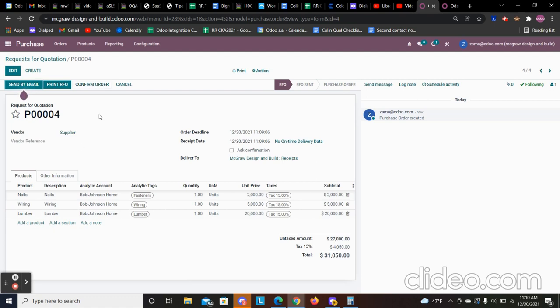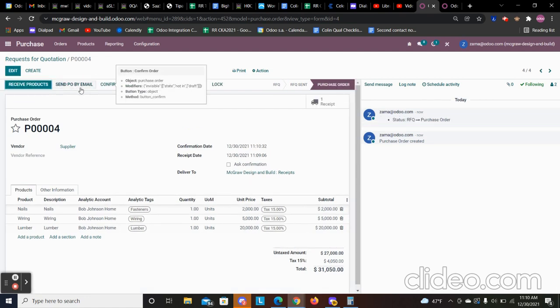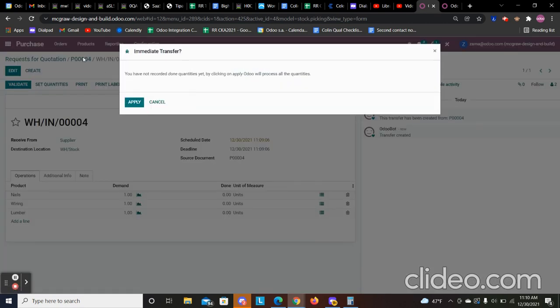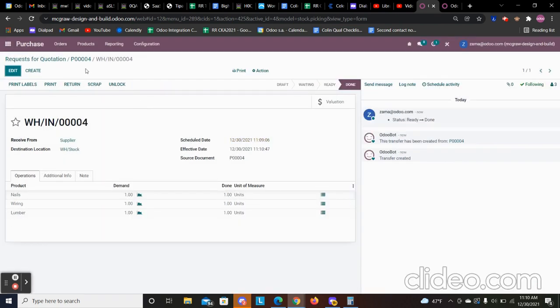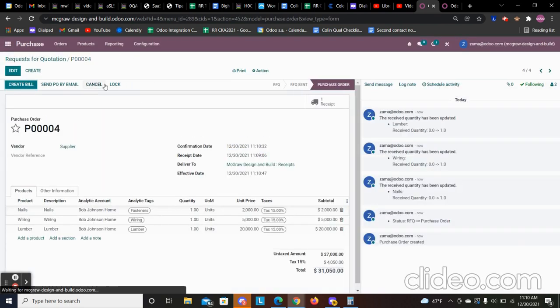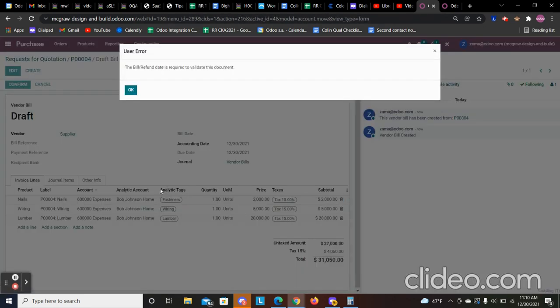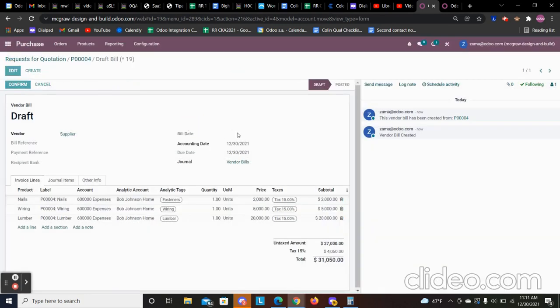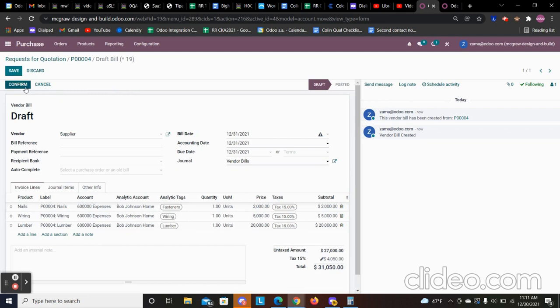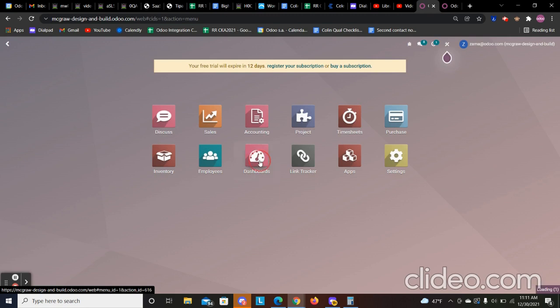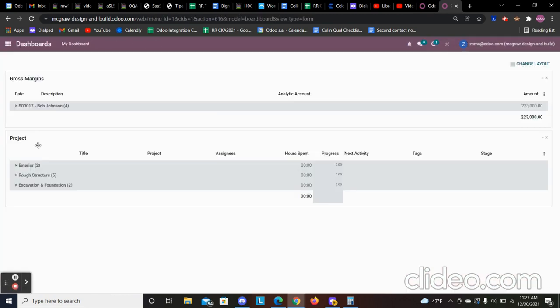Now we can then confirm. We can receive our products. We can create the bill. You can also create your bill right there as well. You can also use the expense application to do this as well. So now when your employees are out in the field purchasing, and so when we go into our gross margins,